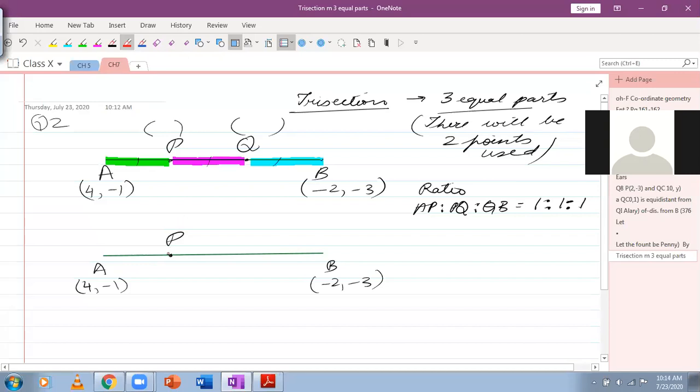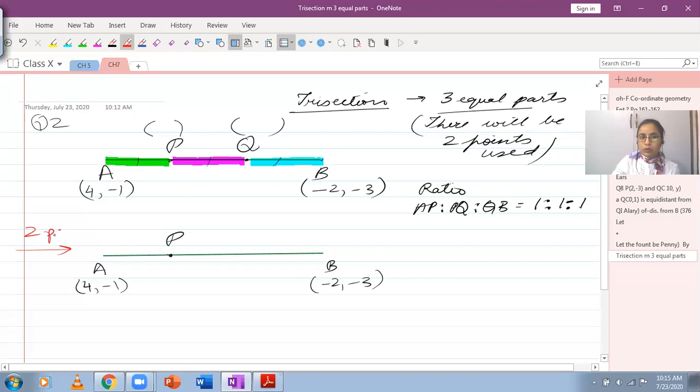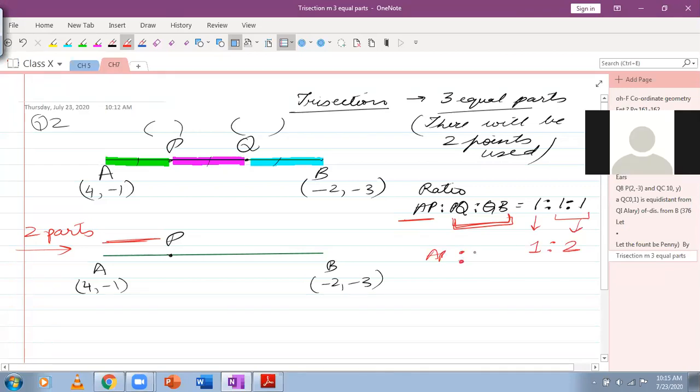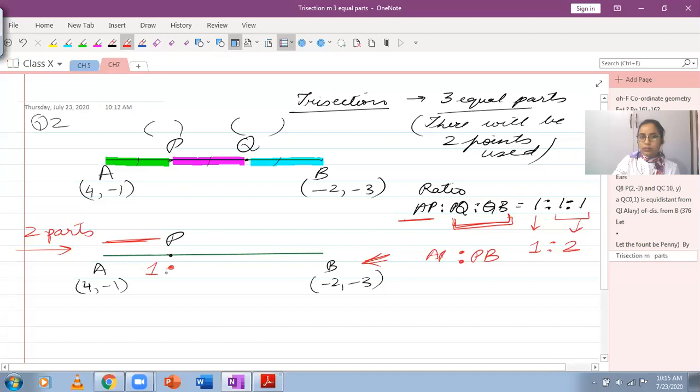Okay. So what we are going to do is, instead of considering three parts, we are now considering two parts. And if you look at the ratio of these two parts, can anyone tell me, I've taken AP on one side, ये एक part है, और इन दोनों को मैंने इकट्ठा कर दिया, तो रेशो क्या बनेगी? ये अकेला रहेगा और ये दो इकट्ठे हो जाएंगे. 1:2. Yes, this is what I will have. Now I have this ratio, 1:2. Can you now find the coordinates for P?